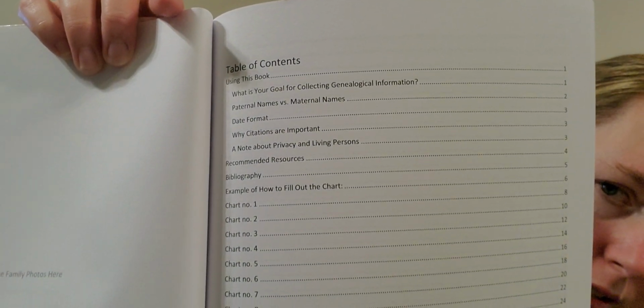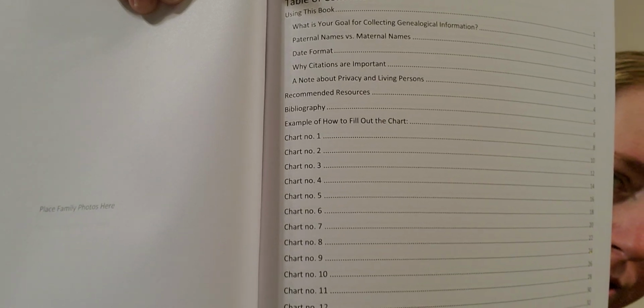Now I'll walk you through what else is in this book. You see how it says chart 1, chart 2, 3, 4? There's enough space in between these lines, of course depending on the size of your handwriting, so that you can put whoever you've listed on chart 1. So like when I do my son's, it'll be his name, that he will be chart number 1. So in that way, this is designed to be like a legacy book, that can be passed down through the line. And that way you can just go through it and go, okay, I want to find information on